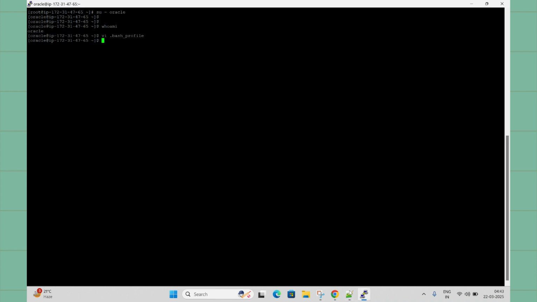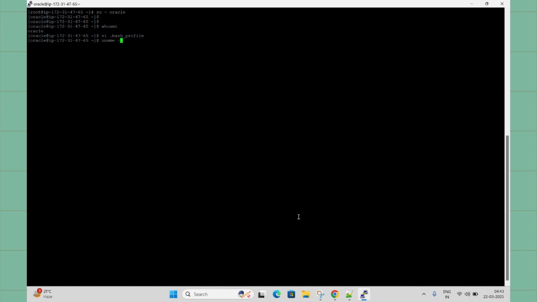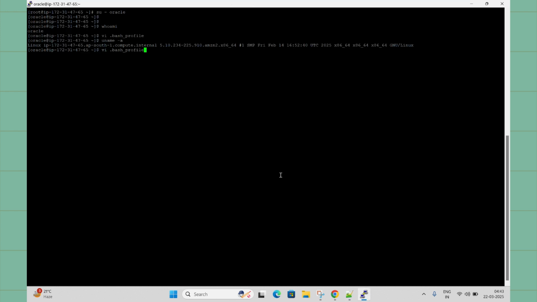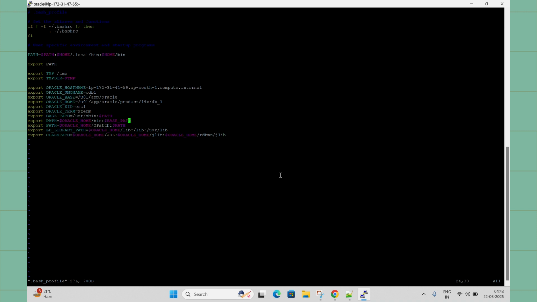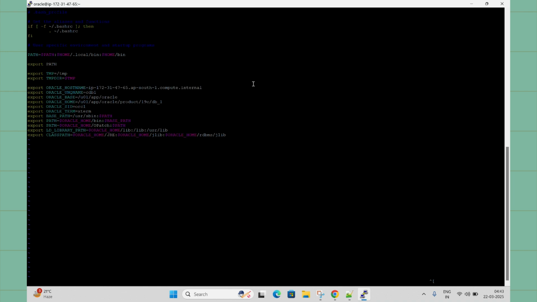We are just configuring the environment. For example, this is the host name, but I think my host name is different in this case. So what I will do, I will copy my host name again. This is the host name, that was the previous one. Okay, so in this case this is my host name. Okay, now how to edit that file, base profile. So copy this file from here, and you can open vi base profile. Now escape, and you go to the host entries, and just remove it. Okay, later you can put the correct one here. Now copy paste the correct host name here. Okay, and you can put it here. Okay, escape, save this file.